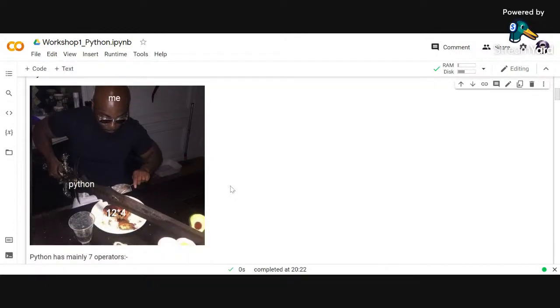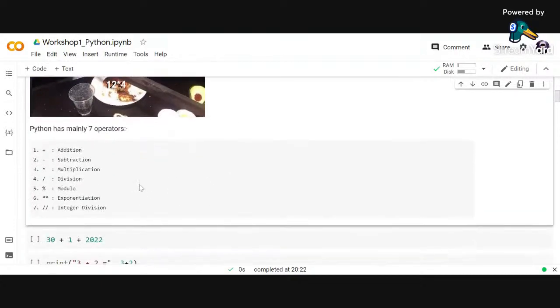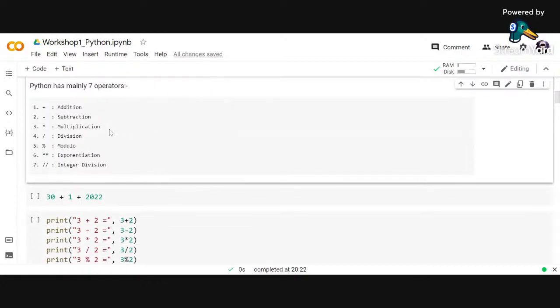Although it is like using a sword when you can get the thing done with a knife, I want you to understand what operators are. So Python has seven major operators, and these four are very simple to understand. The fifth one is modulo. Modulo is basically the remainder that you get upon dividing two numbers, and this is the symbol for modulo,